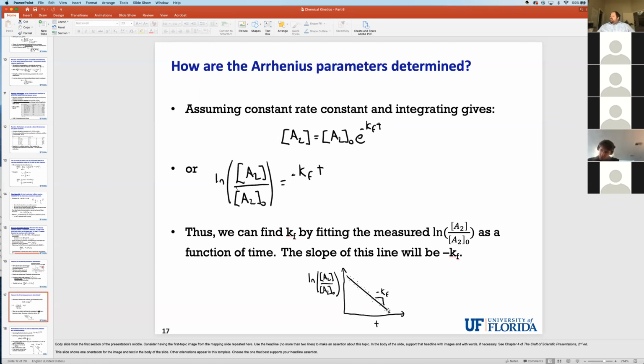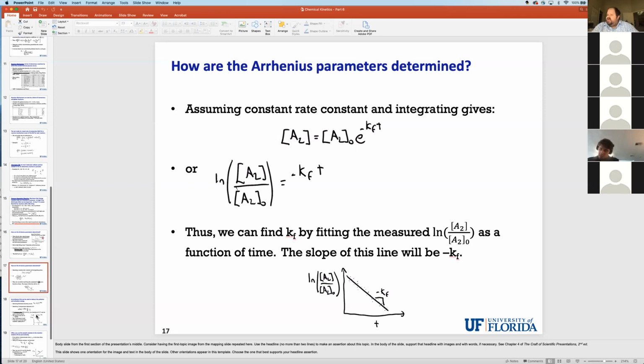So if you are fitting rate constants to data, you need to pay really close attention to details like that. Because if the model says it should be a straight line and you have significant curvature, or it's doing something different, then that usually means that your model is wrong, and you should question fitting it. Okay, so